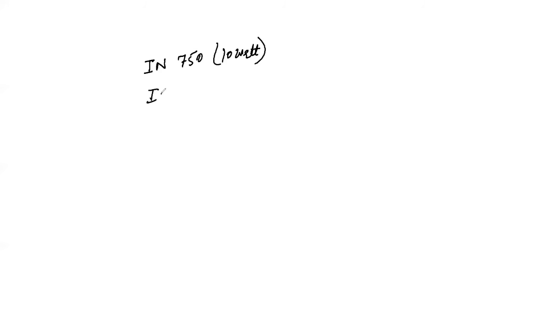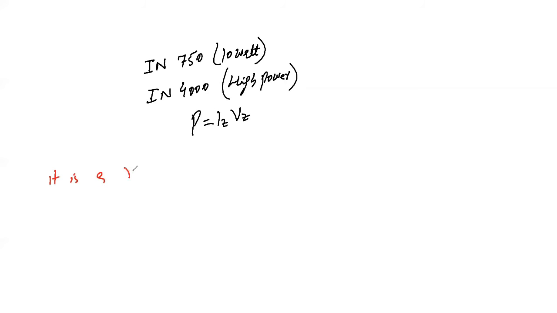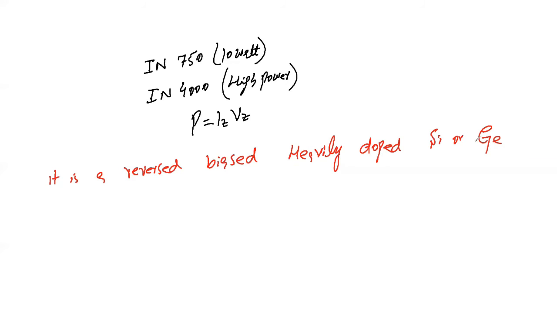Or IN 4000. This will also be a Zener diode, and it can handle high power. Power is Iz times Vz, the Zener current and Zener voltage. Now, if you want to define the Zener diode, you can say that the Zener diode is a reverse biased, heavily doped silicon, or you can use germanium, but mostly we use silicon. Why we are using silicon, I discussed about that. Silicon or germanium